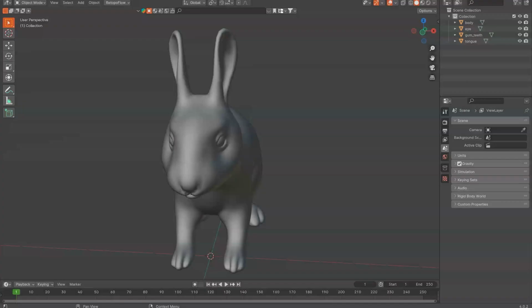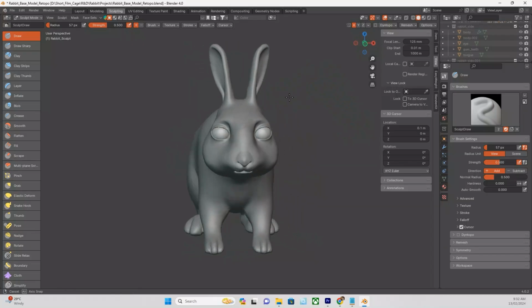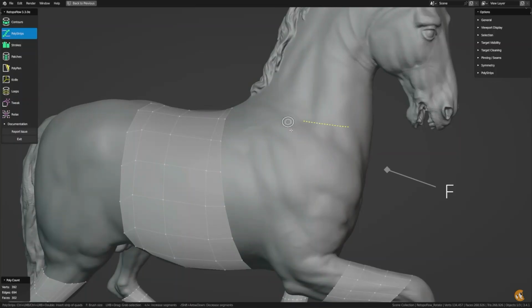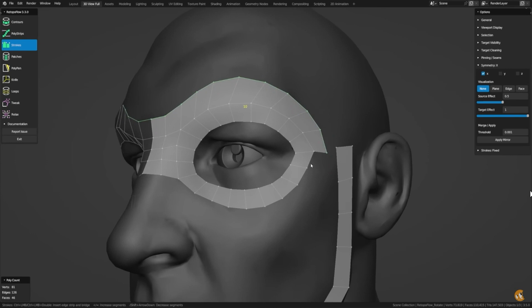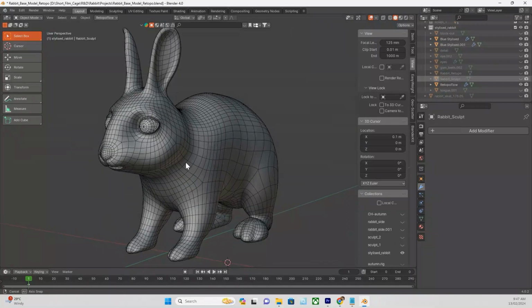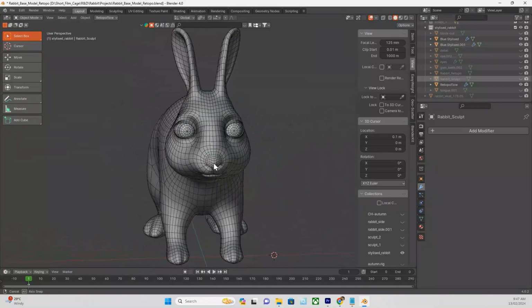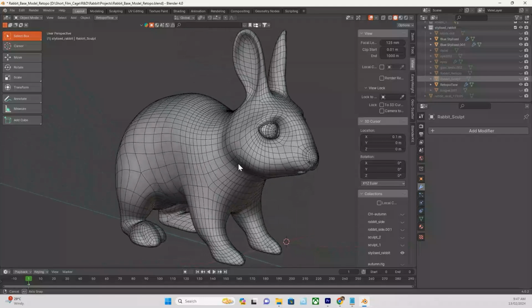To sculpt the character, I bought a base mesh as a starting point, but basically ended up resculpting everything from scratch to suit my needs. For the retopology, I did CG Cookie's course to learn how to use ReTopoFlow. You can do retopology in native Blender, but ReTopoFlow has some amazing tools that make the process so much easier. Even with this add-on, it took the best part of a day to do a character, so I dread to think how long it would take placing down literally every single polygon in native Blender. Now my test rabbit had nice topology and edge loops in places that I knew it had to deform.